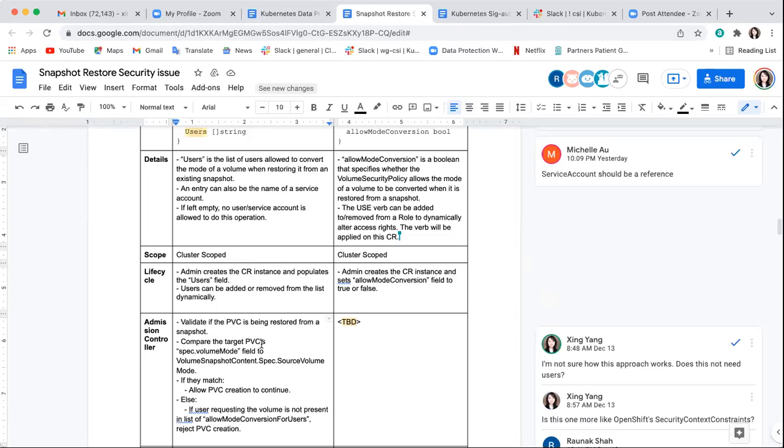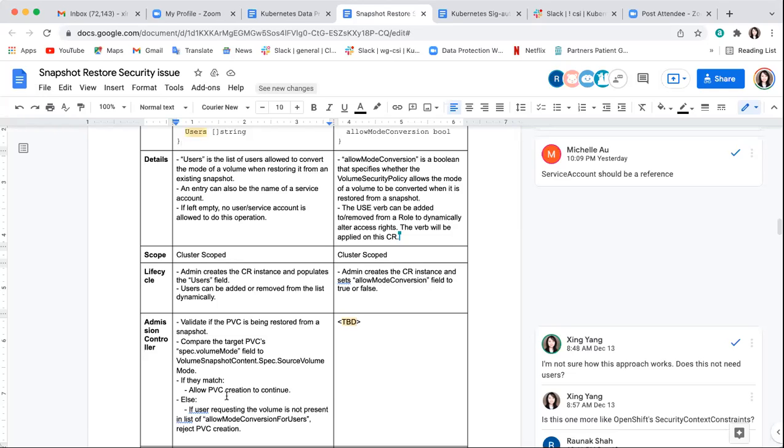So Yang, are you saying basically your idea is we don't really need the CRD, we just do this check in the webhook itself? Yeah, hold on. I think we may not need anything actually. You would just need to store the original mode somewhere in the volume snapshot content. That's exactly what I was saying.